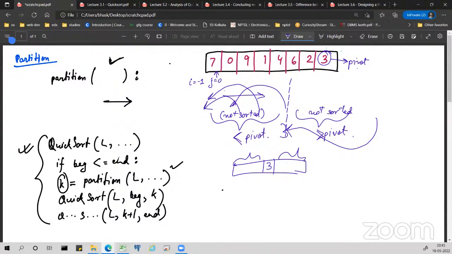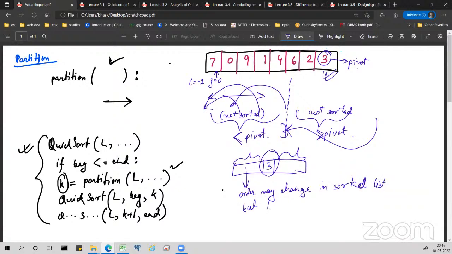One thing I can guarantee after the partition algorithm terminates one time for this pivot is that the last element, the pivot element, is placed at its proper position. Anything on the left hand side of the pivot element would remain on the left hand side, but the order may change. So anything over here, the order may change. Yes, so the index of 3 will be fixed now. Exactly. The order may change in the sorted list,